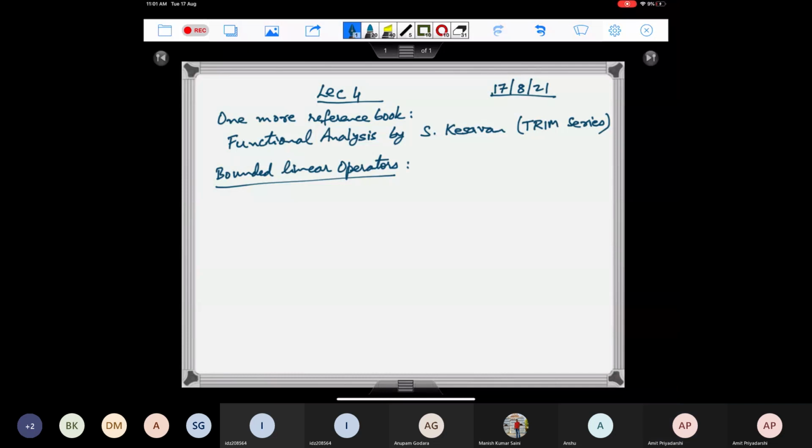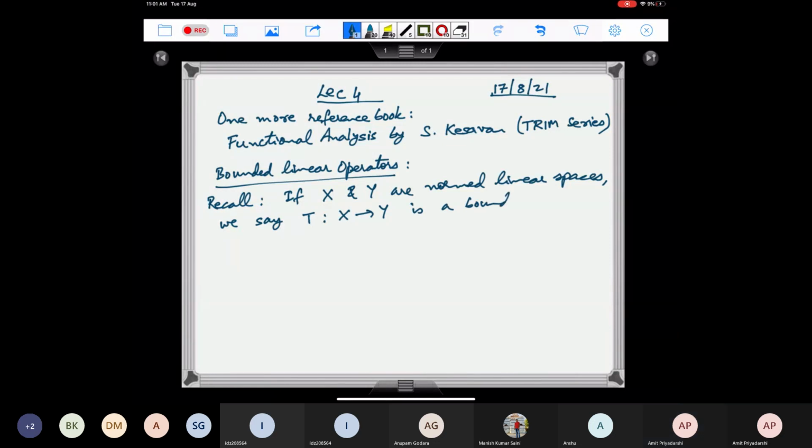If X and Y are normed linear spaces, we say T from X to Y is a bounded linear operator if T is linear, and the notation is we say T belongs to L(X,Y),